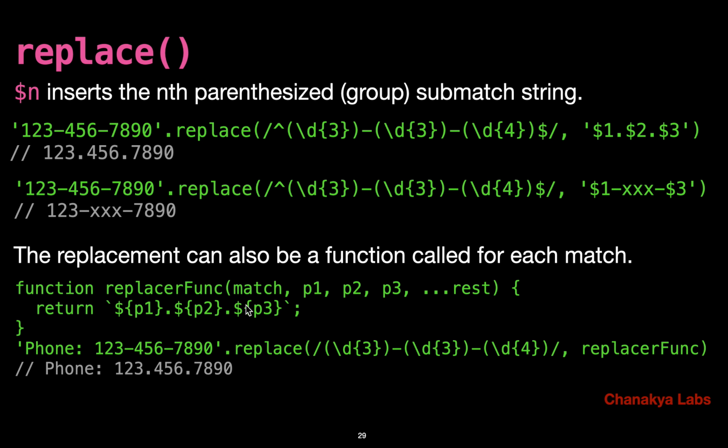The main important thing is that match will have the whole match, and p1, p2, p3, and if only one capture group was there, then only p1, and then the rest will be there, right? So whatever is the number of captured groups, that many arguments will be available. Okay,